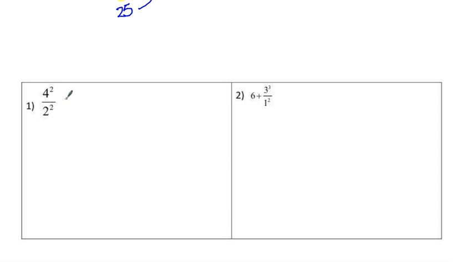So if we look at number 1, I'm going to work this one side to side. So I'm going to do 4 to the second power first because I'm going to do the top. 4 to the second power is 16 because it's 4 times 4. I have not touched the denominator, so it's just going to stay 2 to the second power. The numerator is done, so now I'm going to work with the denominator. 2 to the second is going to be 4,